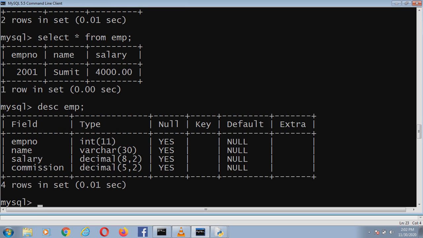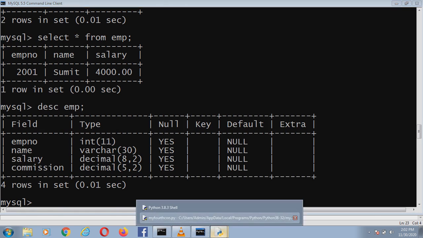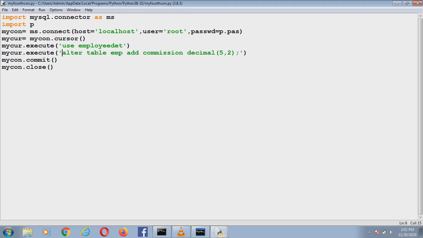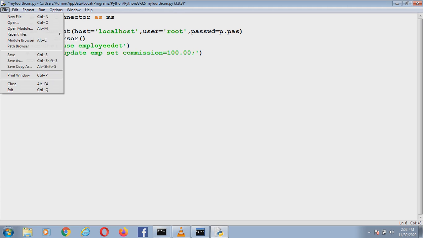No problem in it. Now I want to put 100 rupees commission to all the given employees. So I'll put 100 rupees commission from Python. Again, let us go here and, instead of writing alter, now I want to update. I want to put 100 rupees commission to all. So I'll write update emp set commission is equal to 100 rupees. This much I want to write. Now when I have not given any where clause, it will be given to each and every employee. Now let me save it as my fifth